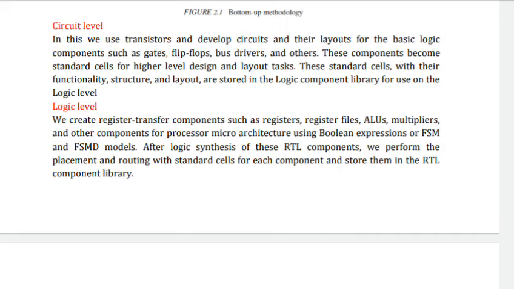So here we perform the placement and routing.